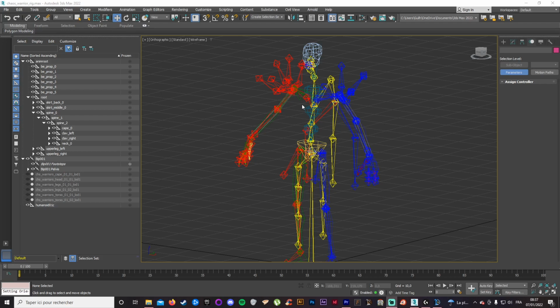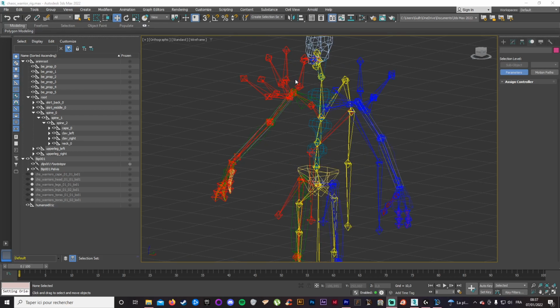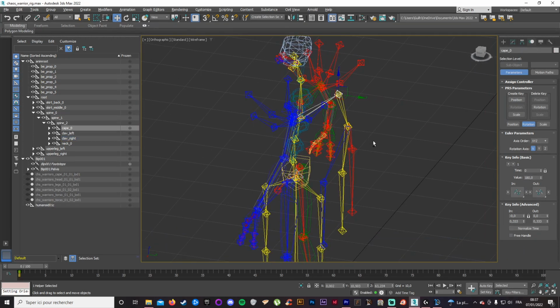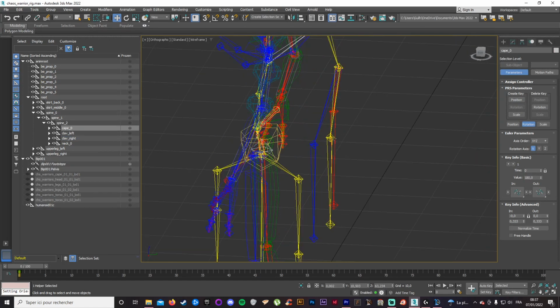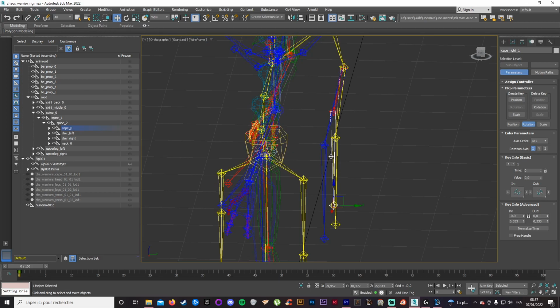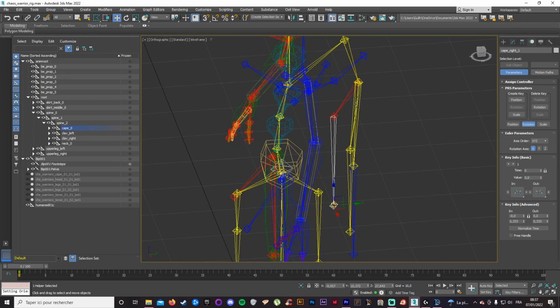So now I do have the full character. I will not be rigging all of these parts. I will only be animating this as extras for the cape. And I can just do it like this, put controllers if I want, but this will not be part of